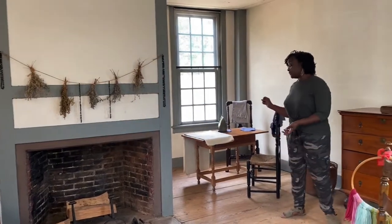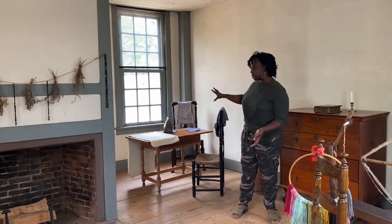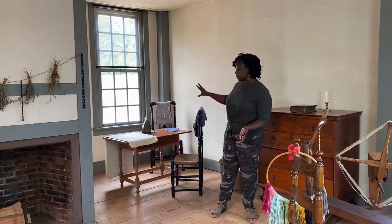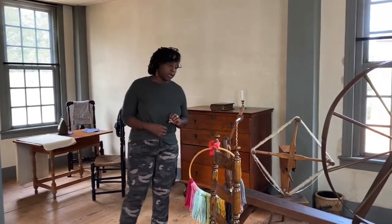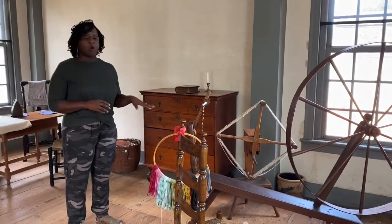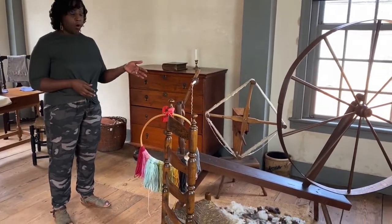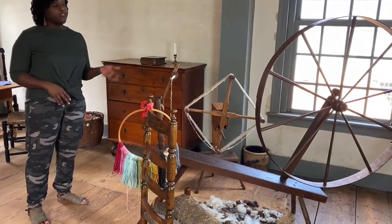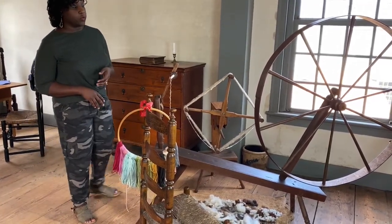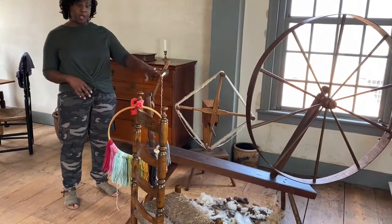Over here, we have the section where she would actually continue her laundry day, where she would do the ironing. And this section of the room would be used for working with the wool. Now, carding of the wool would take all day. So Hagar would actually have one day where she would card the wool. Then she would have another day during the week where she would work with the great wheel, where she would